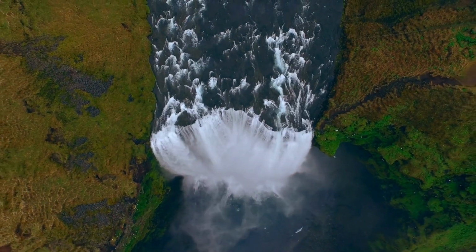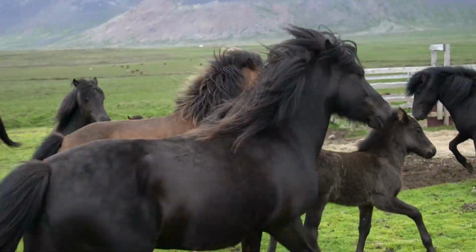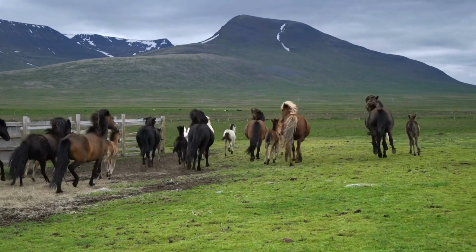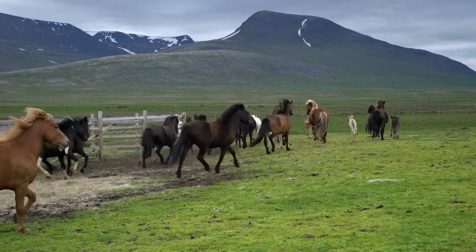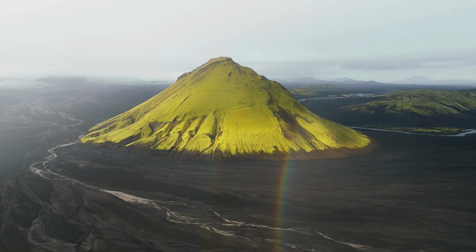Well, you're in for some seriously stunning fjord views. Imagine waking up to those snow-capped peaks reflected in the water, maybe with a cup of coffee in hand. Okay, you had me at fjord views. That's definitely a selling point. But for those who want to go even further off the beaten path,